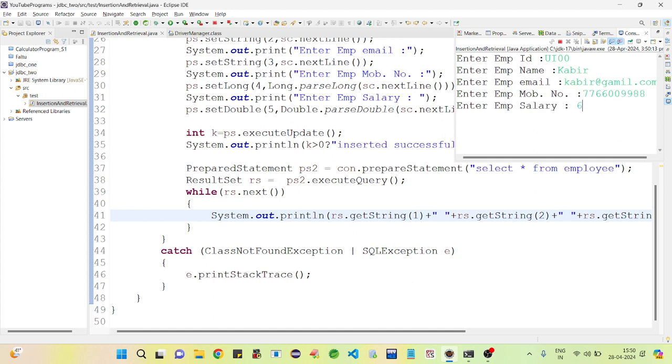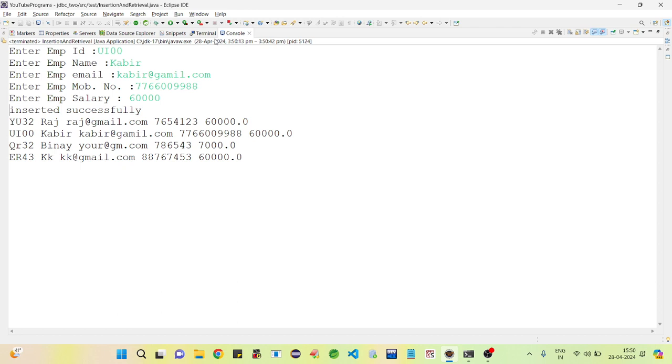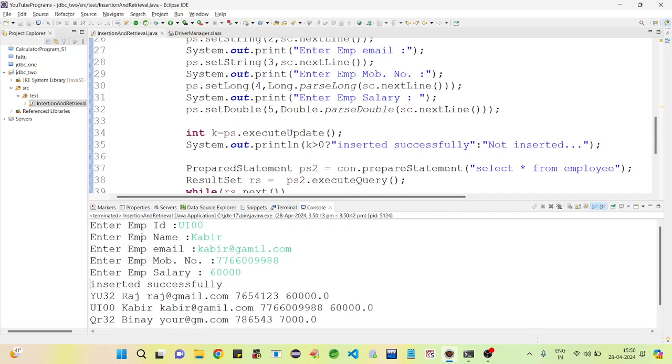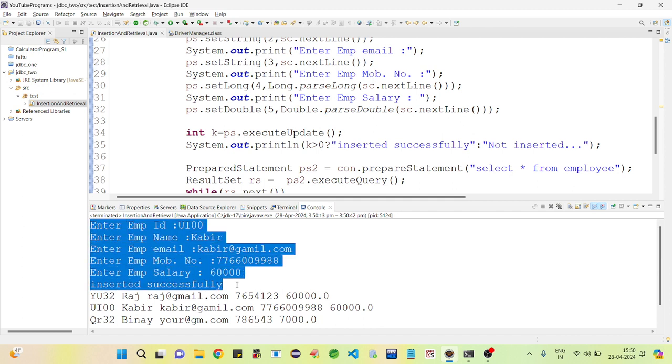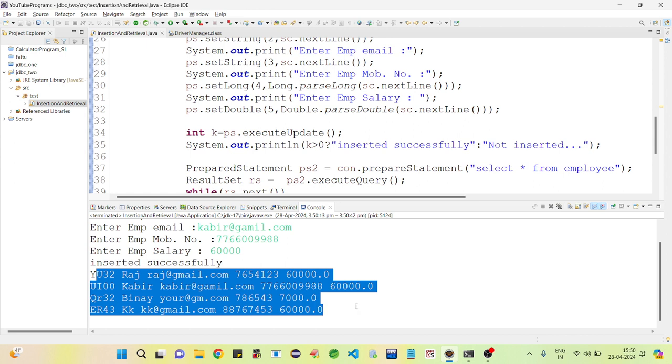Salary 60,000. Inserted. Look here, data inserted successfully. First we are inserting the data, after that we are retrieving the data. Thank you. Insertion and retrieval successful.